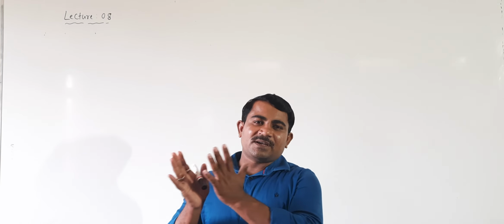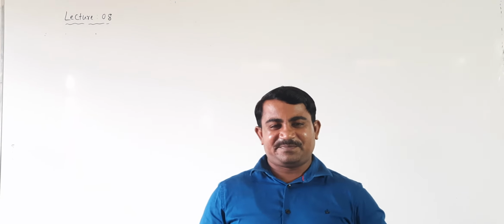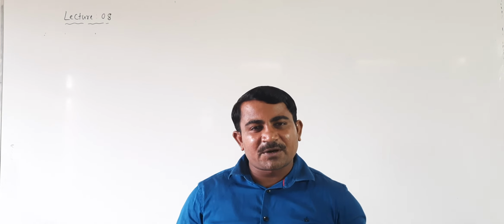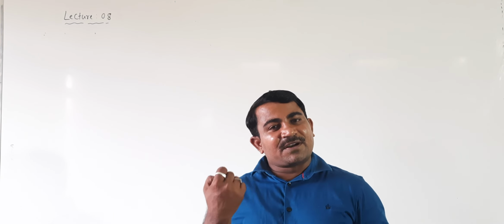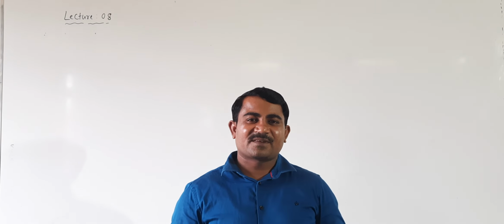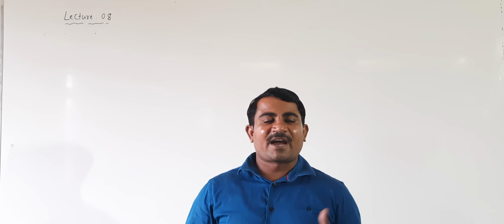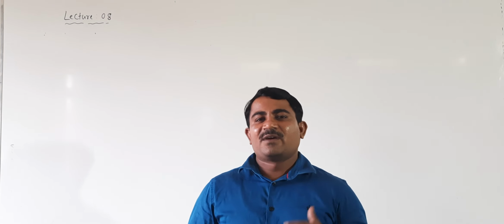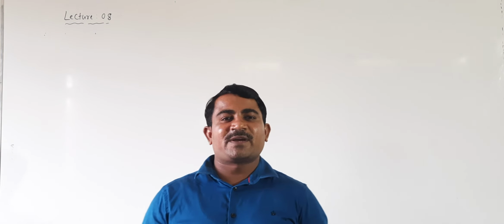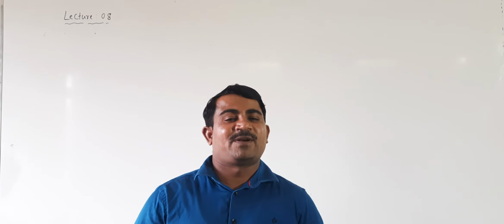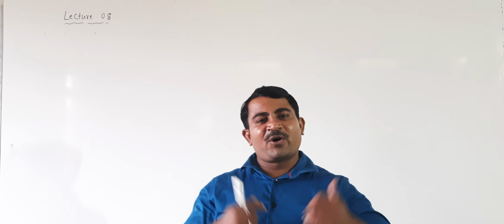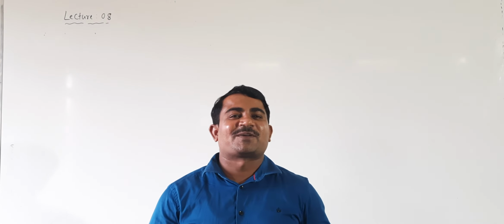Then come to the points concerning velocity, right? In velocity, what have we learned? Velocity is nothing but displacement per unit time, right? Velocity is a vector quantity. Velocity may be positive or negative, or velocity may be zero, right? And one more point, velocity may be equal to speed or less than the speed of the body. These are some points we have learned concerning speed and velocity.